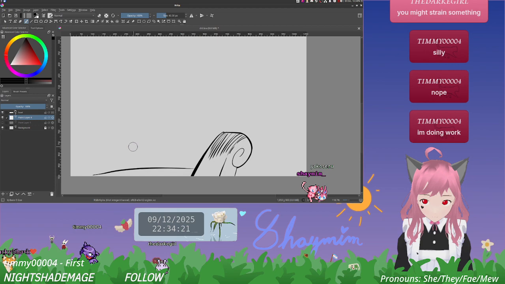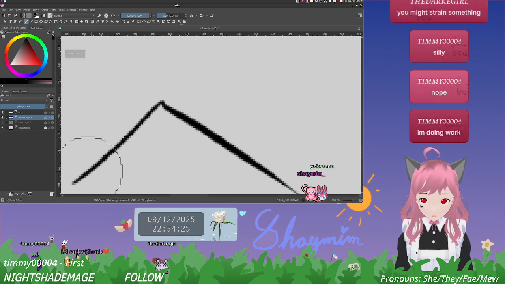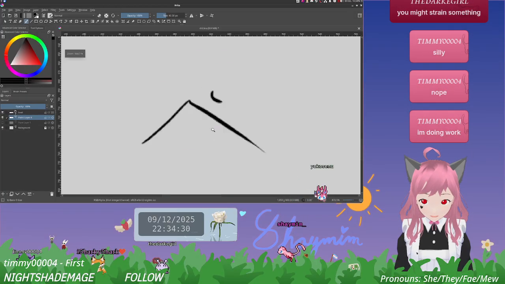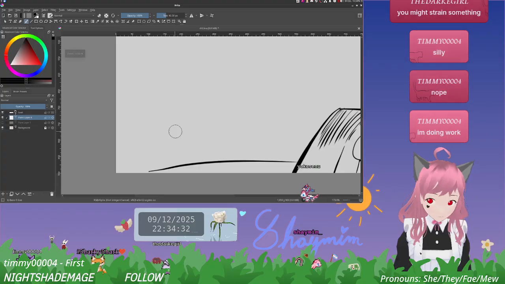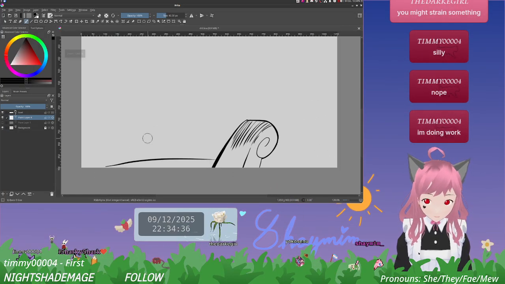That's odd. You see how when I do a triangle kind of like this, it dips like that a little bit? That's odd. Now right up here we want